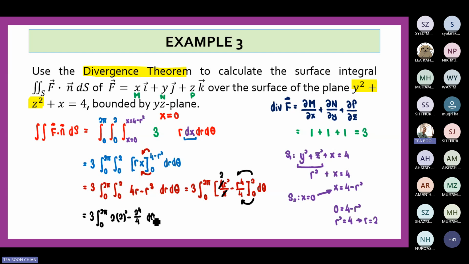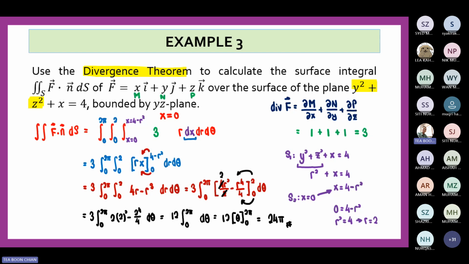So this is again another constant computation. So 2 multiply 4 gives you 8. Subtract 2 power 4 over 4, subtract 4 gives you 4. In the end, you have 12. Integrate 0 to 2 pi with respect to theta. And hence, this is just 12 theta and then upper limit 2 pi to 0. So in other words, you will obtain that under the divergence theorem, the flux surface integral is simply 24